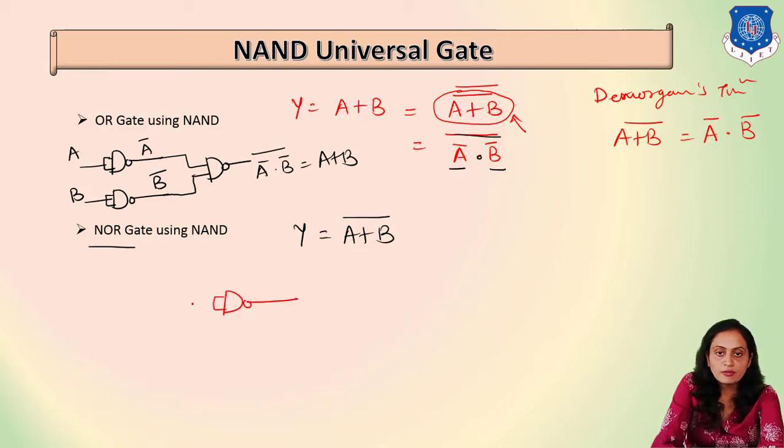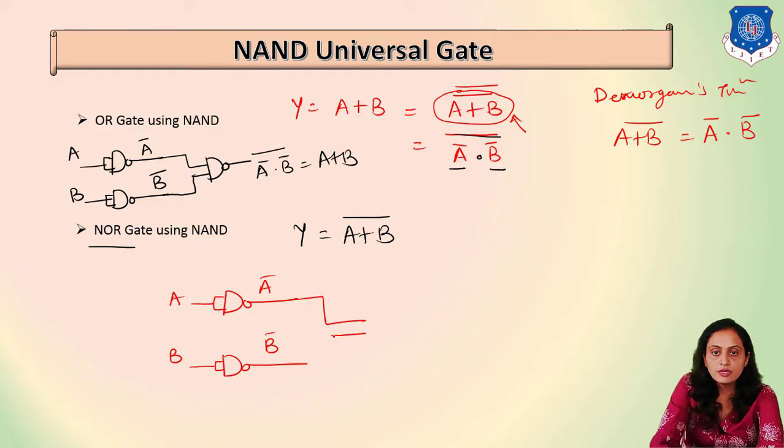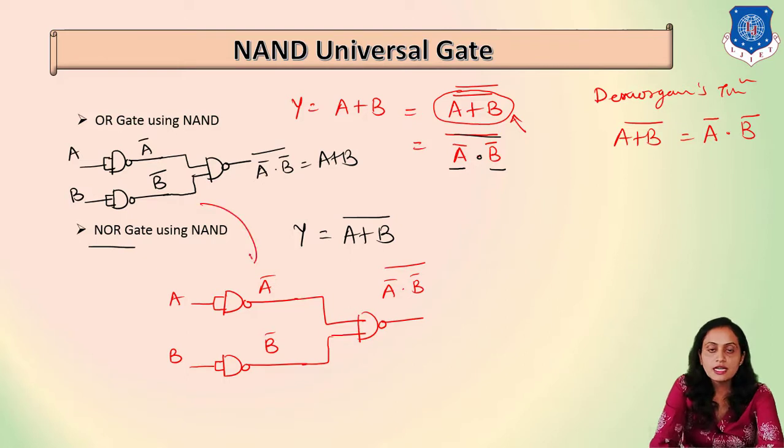I have input A, this is A bar. I have input B, this is B bar, and then we have this NAND gate which provides us A bar dot B bar whole bar. This is the same as the circuit diagram of the OR gate, and I will just put one NOT gate